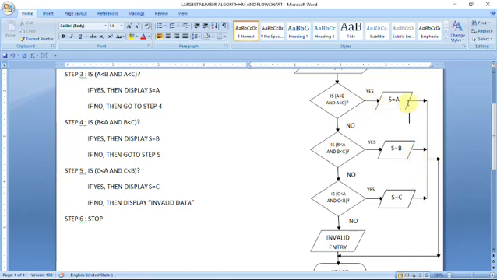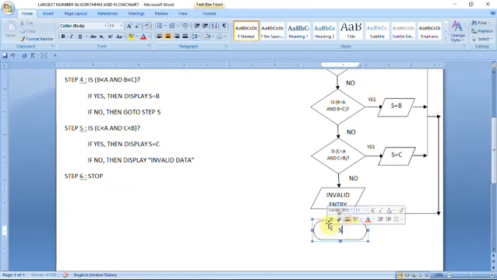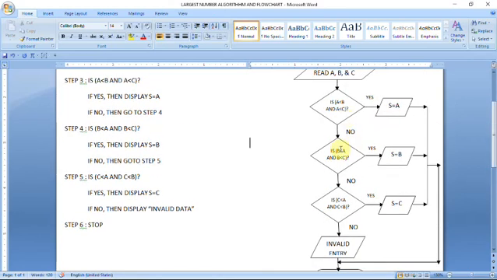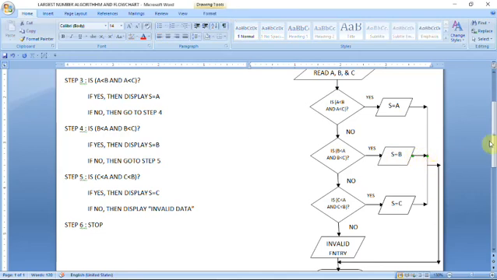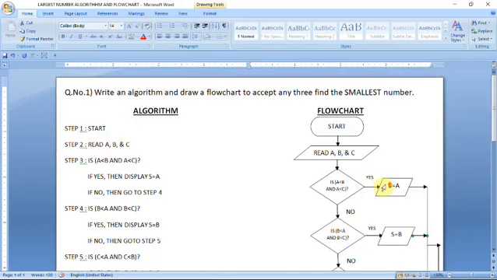If this condition is true, then by this path it will terminate our program. Here I have to write stop, S-T-O-P. This way, if this condition is not true and the second condition is satisfied, then it will print s equal to b, and after that it will terminate our program. Here this is the arrow symbol. So this way our algorithm and our flowchart will be terminated. Similarly for C also, and after that this is already connected. This is so simple to understand.